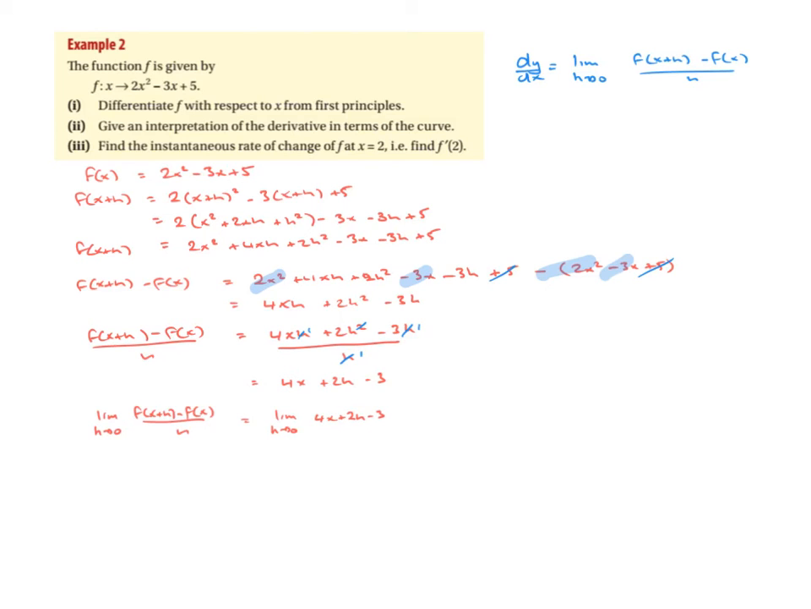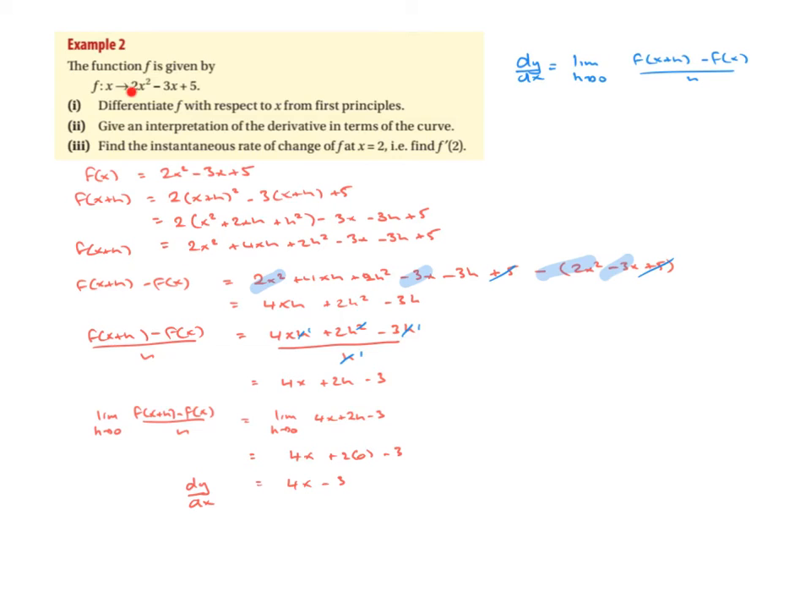Okay, that means if we're going to take a limit, wherever we see an h, we're going to replace it with 0. Let's do that. So that's equal to, taking the limit now, 4x plus 2 by 0 minus 3. So the answer to this is 4x minus 3. And we change this now to dy dx, which tells us the slope of the tangent at any point on